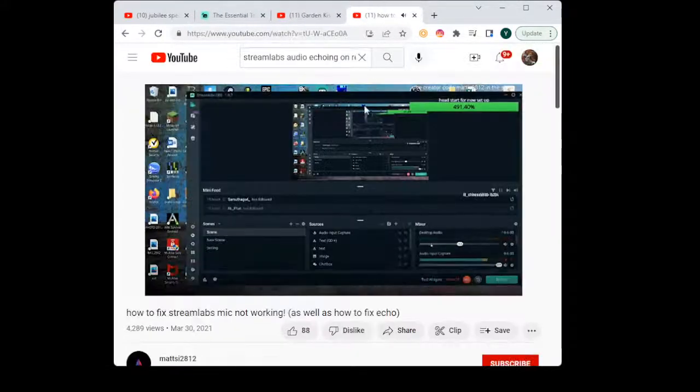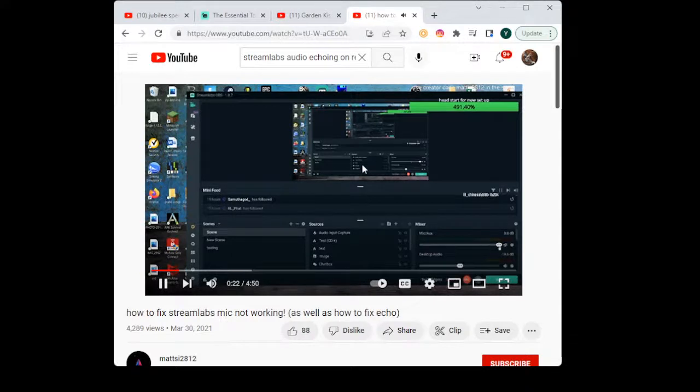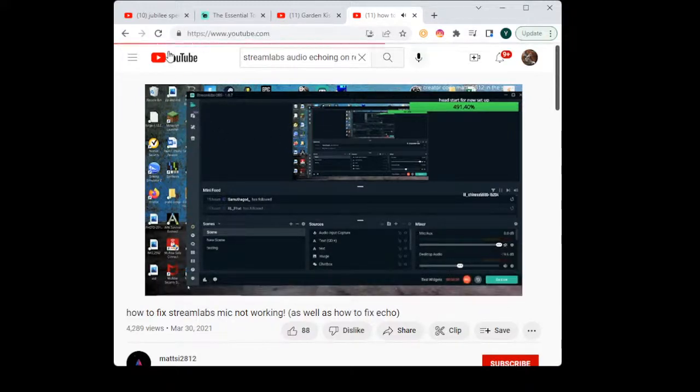So the first thing, obviously, that you need to check is to make sure that your mic isn't muted, as you can see here by this little bar across. But obviously, I'm assuming most of you have gone past that stage already. So the first real step is